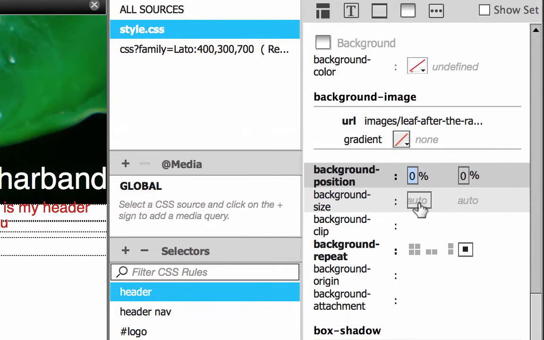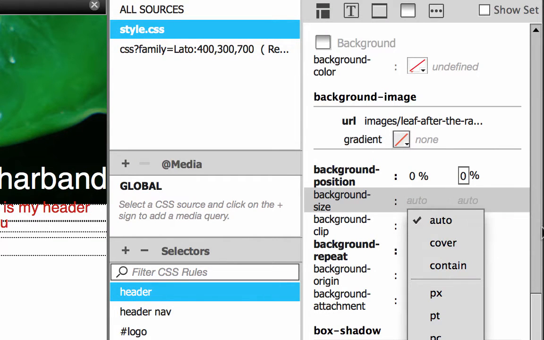Then you also have background size. Now here I have this option called cover, which makes the background always fit the browser window as you resize it. So let's try this.